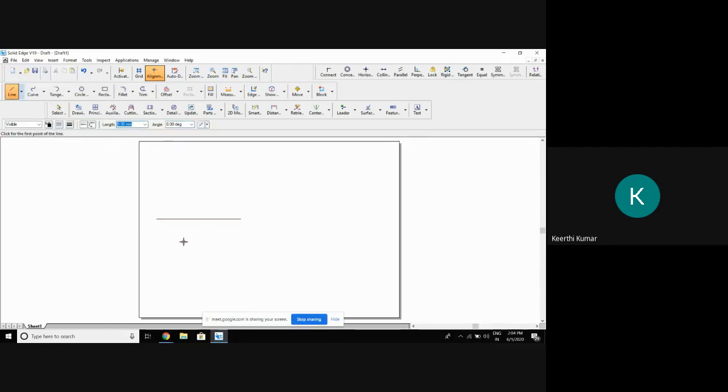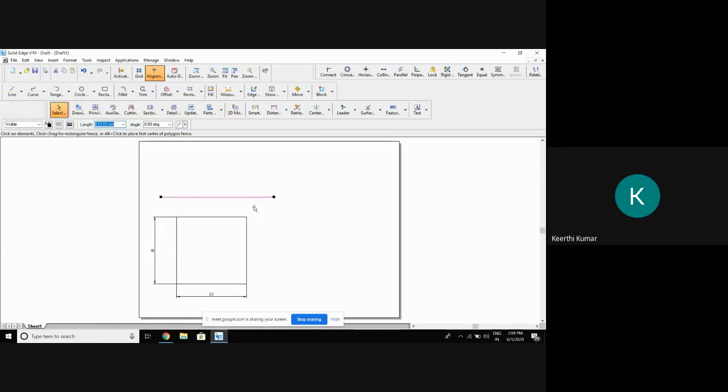First, I'll explain the orthographic projections. Okay. Cube of, we will take 80 mm. No need to draw. First, understand what I'm explaining. Later on, you can draw. Cube of 80 mm. Okay, now what is this called? I drawn the top view of the cube. I have not drawn the front view. So if I want to draw the front view, what I should do? Projection line. As usual, projection line.